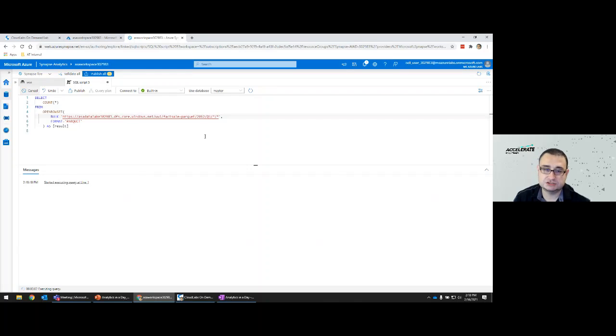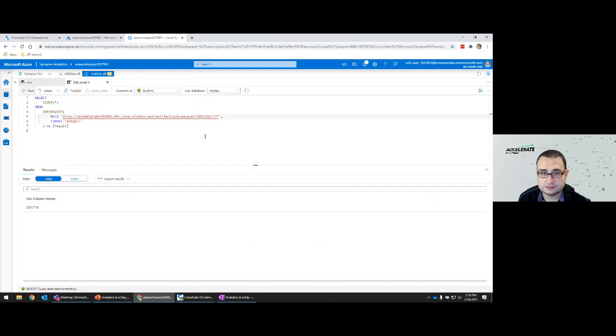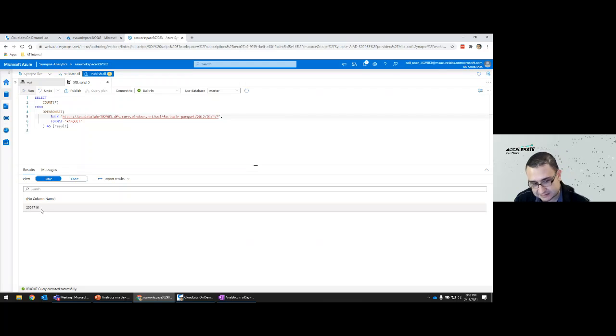What it's going to do is read all those Parquet files that are contained under the Q1 folder, read each of those Parquet files, and do a count for all files contained under the 2012 Q1 partition. And we can see that we have 2,981,716 records in those files.